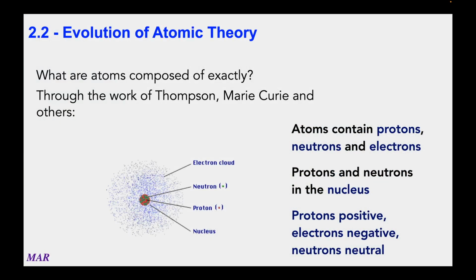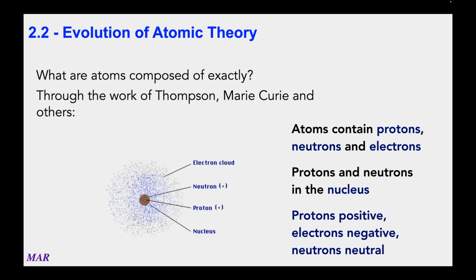Through the work of lots of scientists, including people like J.J. Thomson, who had an initial idea for the atom, which was later debunked, as well as Marie Curie, who did a lot of work with radioactivity, they came up with this kind of model of the atom. And this did not happen overnight. It took lots of iterations, some trials and errors. But what they found, and what the current model proposes, is that atoms contain three types of major particles called